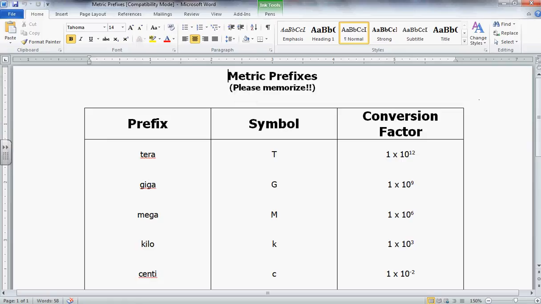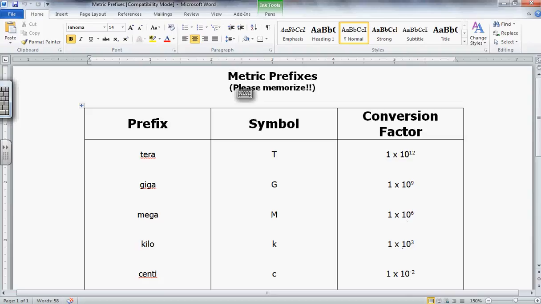The first prefix you have to memorize is tera. The symbol given for tera is big T, so wherever you see big T before a base unit, that means you multiply the base unit times 1 times 10 to the 12th. So the symbol means this conversion factor, 1 times 10 to the 12th. Giga is 1 times 10 to the 9th with the symbol big G. Mega, capital M, 1 times 10 to the 6th. Kilo, little k, 1 times 10 to the